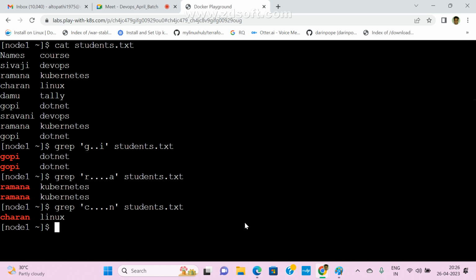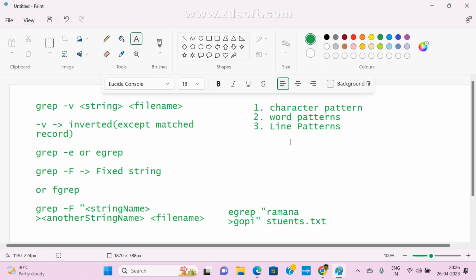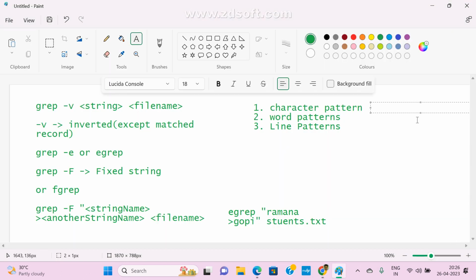Now I want to pass a word pattern. So for a word, there are 2 ways we can pass it. So this is the syntax, guys. Character patterns we can pass in multiple ways, right? Now if you want to use a word pattern, this is the syntax: slash, less than, the word you want, again slash, greater than.